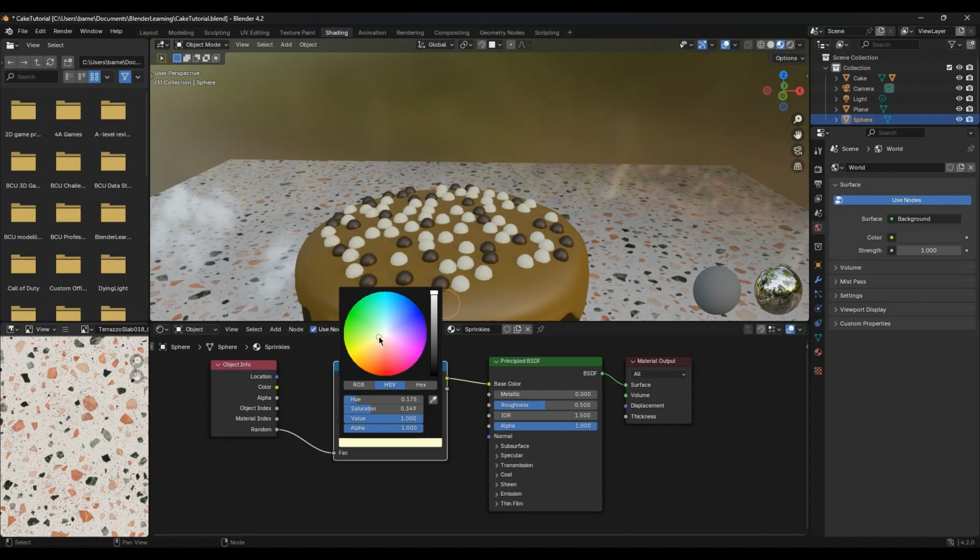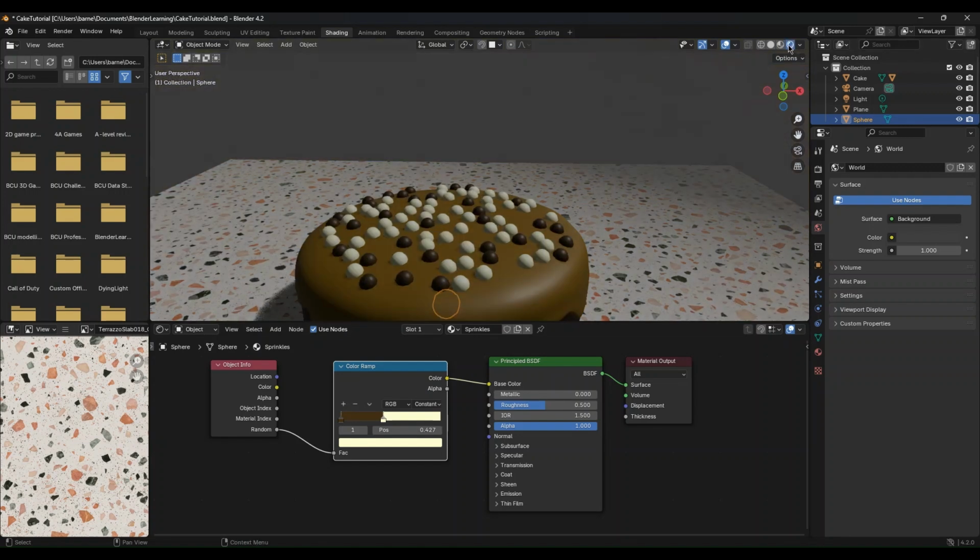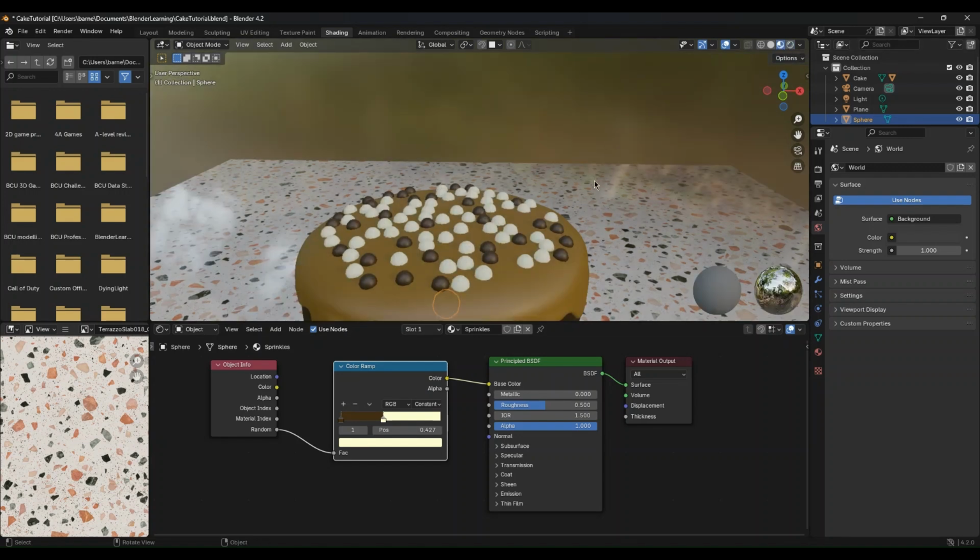We want it somewhere between yellow and white. I think I'm happy with that if we move to the renderer. Yeah, happy with that. Now I was just going to leave it as cream and brown, just adjust it to half and half. But I feel like